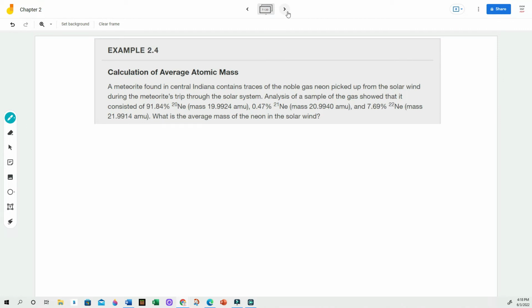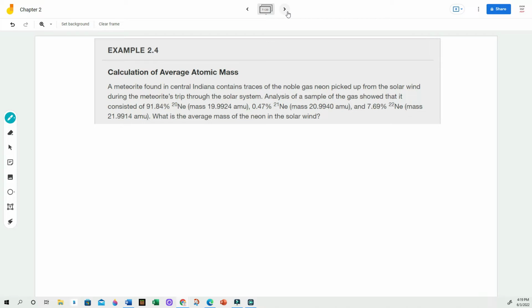Example 2.4, calculation of average atomic mass. A meteorite found in central Indiana contains traces of the noble gas neon picked up from the solar wind during the meteorite's trip through the solar system. An analysis of the sample of the gas showed that it consisted of 91.84% neon-20 with a mass of 19.9924 AMU,